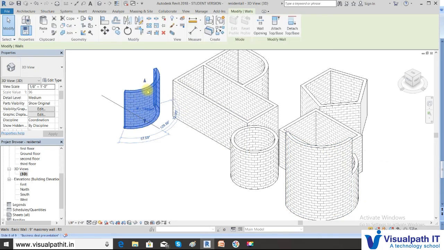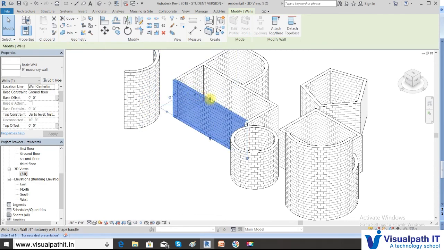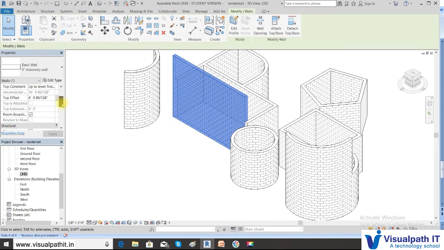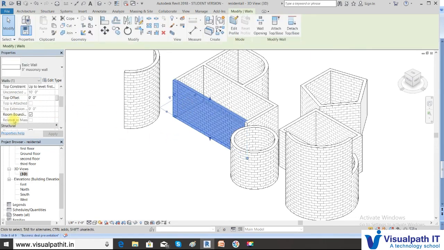You can even do this, select this wall, drag it as per your dimensions. Okay, you can change it again here. Now once this is selected, the properties of this only can be edited. You can see that the base is ground floor, the top constraint comes here, the top offset is there, top offset is 6 foot 8 inches. You make it 0, press 0, then click apply, and automatically the wall will set up to your height. Okay, so whenever I select only one, it is one selection, so the property of this wall can be edited.